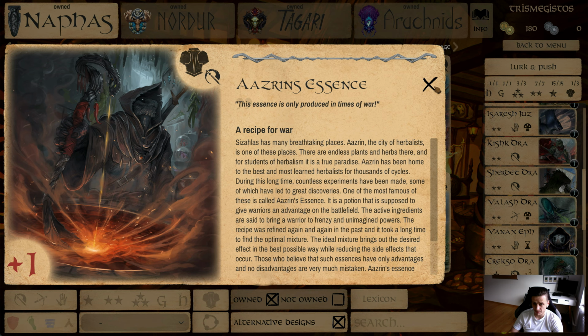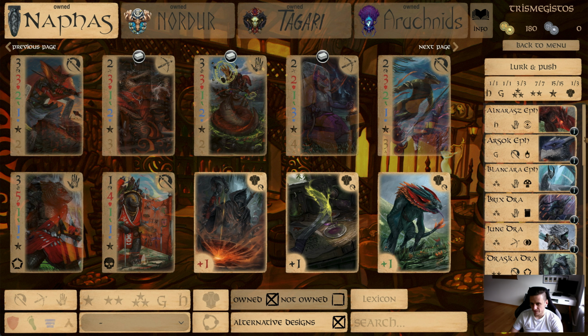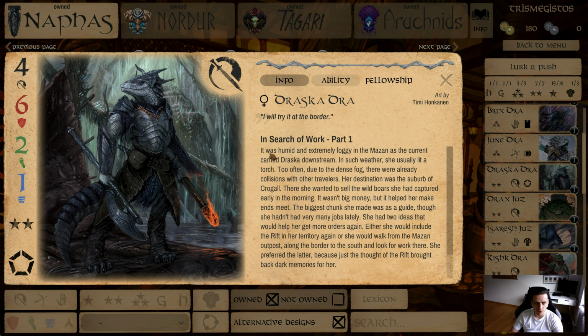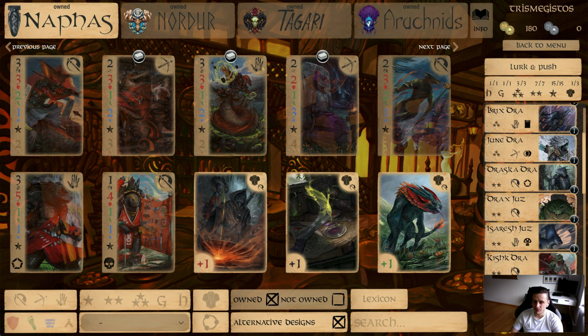This card gives plus 1 defense to melee cards. Which melee cards could we use? Well, we could use Draska. So she would have 4, 7, 2, 1. I think that's probably the best way. She also has the ability Immunity. We can make her even more hard to overcome. So we will use Azrin's Essence on Draska, and then we have